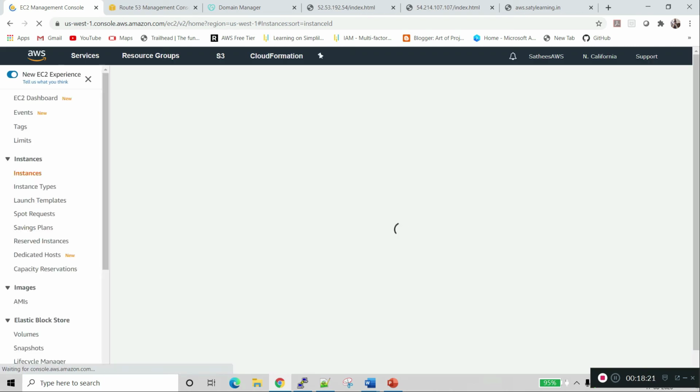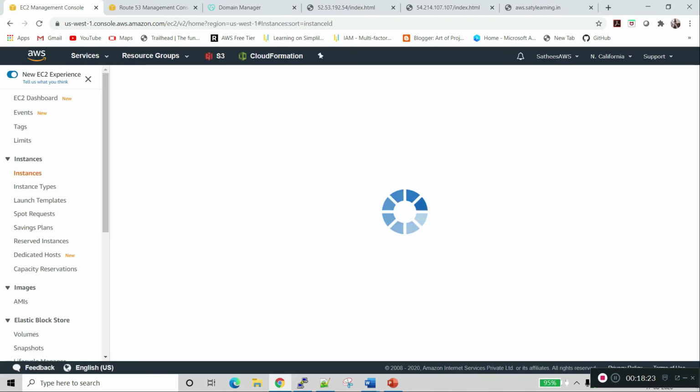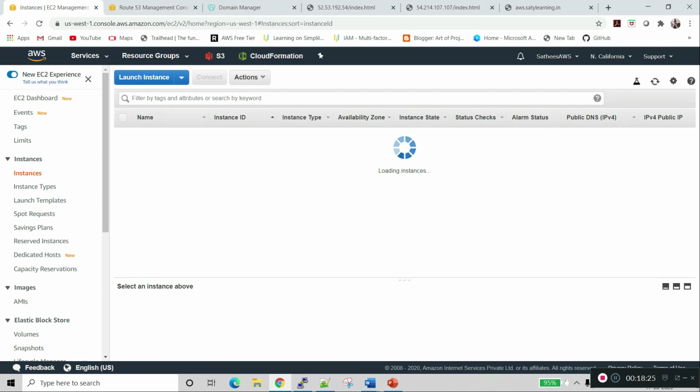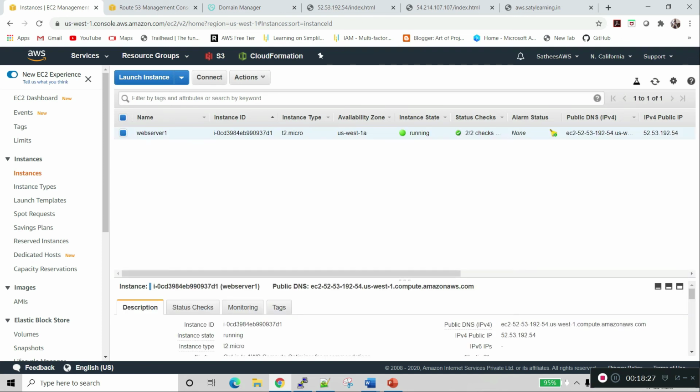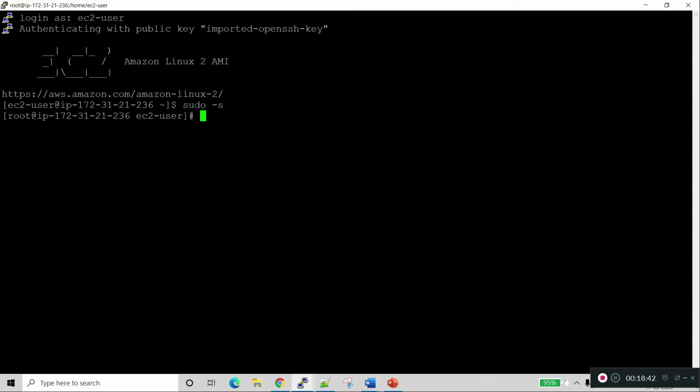So this is the web server it's pointing to. Now we will go and stop web server 1. We should not stop it from here, because if we stop it here, the IP address of this environment will change. So we log in via PuTTY. I have logged into web server 1, and I am stopping the server.